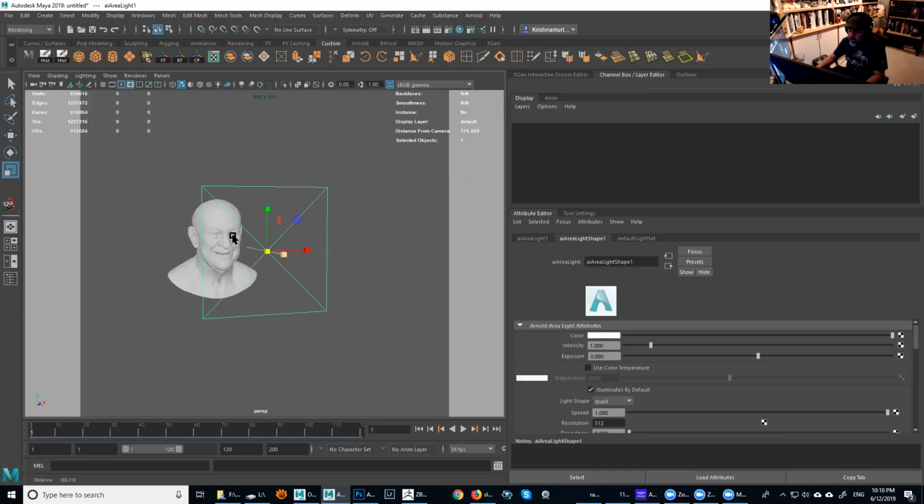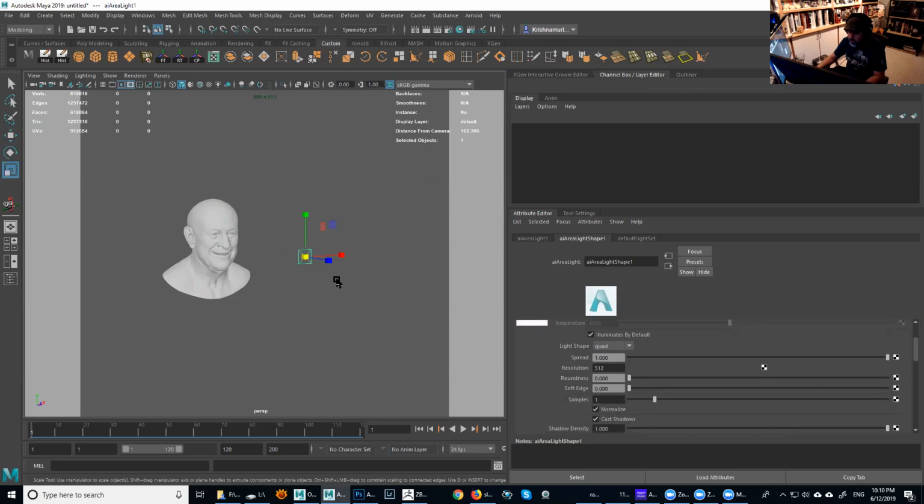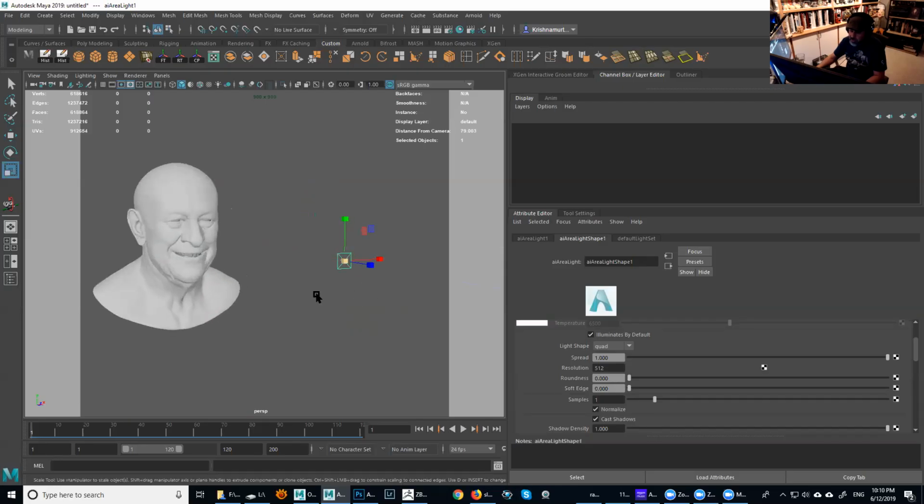But if you're trying to do something more creative with lighting, you can, for example, have a very high intensity light that's very tiny like that. And in this case, you can keep the normalize on, and then it doesn't matter how big or small the light is, the intensity is always the same. The only thing that's going to change is that if the source is very tiny, you're going to get sharper shadows. And the bigger you get, softer and softer shadows, right?